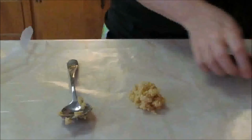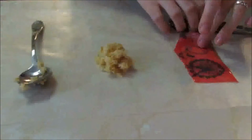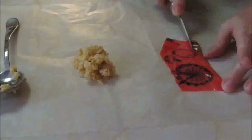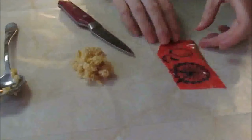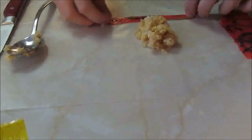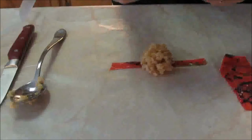You're going to take your roll-up here, and you can use any color that you'd like. I did use a green one, but then my husband ate the piece I was going to use, so we're going to go with this red one. Just take your knife, run it down like that, cut your little strip off right there. Okay, set it over to the side. And you can do this beforehand, so when you make your little piece there, it'll be right on top where you set it. You're going to take one of your Swedish fish,